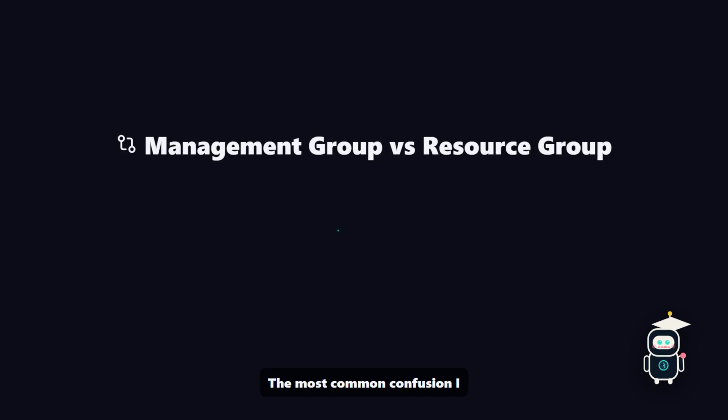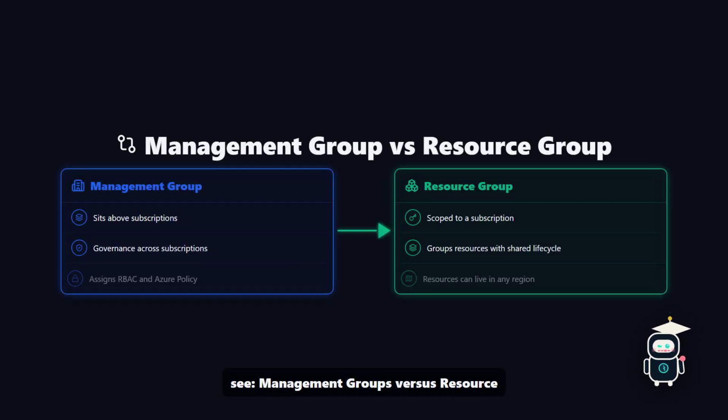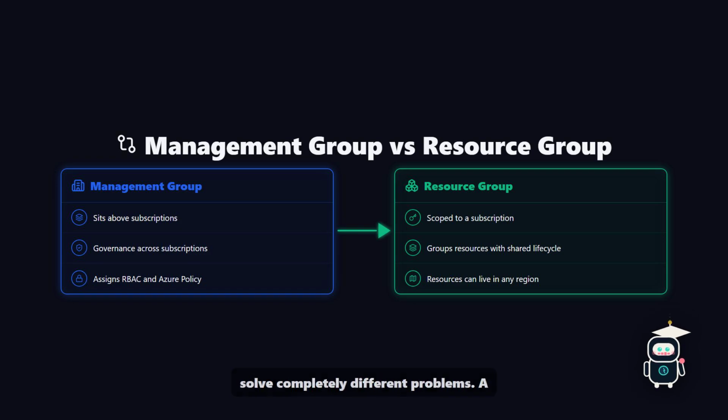The most common confusion I see: management groups versus resource groups. They sound similar but solve completely different problems. A management group exists above subscriptions and is about access and policy. Think: all subscriptions in the dev management group get the same RBAC roles. A resource group is scoped to a subscription. It groups resources that share a life cycle, like all the VMs and databases for one application that you deploy and delete together. The resource group's location is where its metadata lives, but the resources themselves can be in any